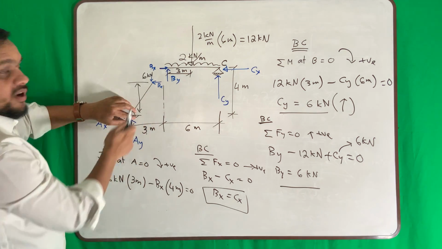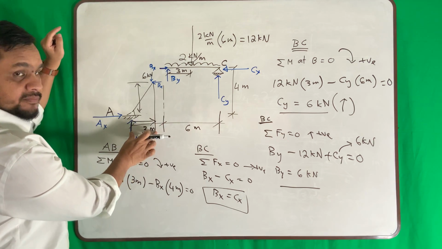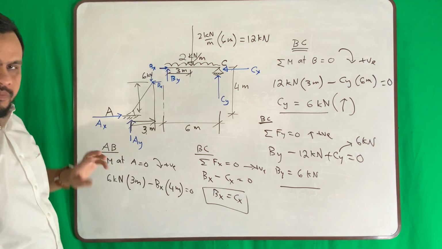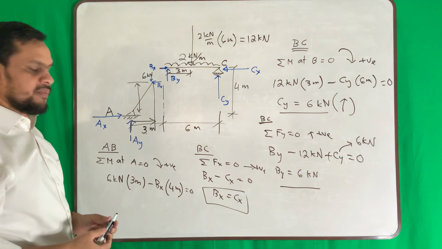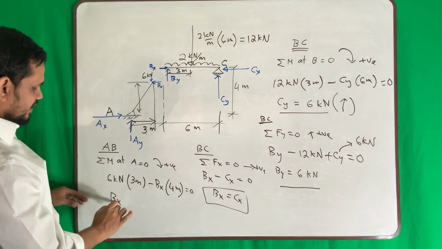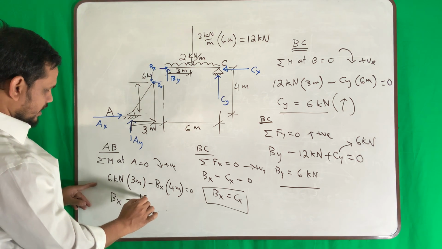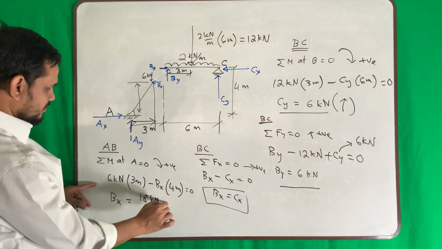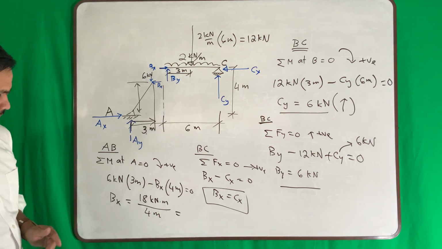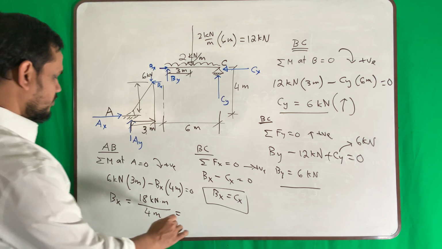Now, when I took 6, my distance was this distance 3. When I am taking this component, my distance is 4. So be careful about the distance. Distance must be perpendicular. And no other force. If I solve it, I will get Bx equals 18 kilonewton times meter divided by 4 meter. So it will be a fraction. 18 divided by 4, it is 4.5